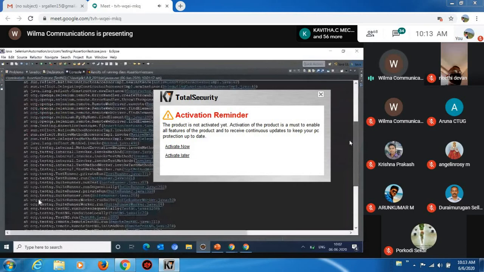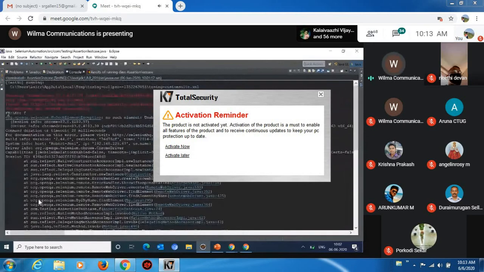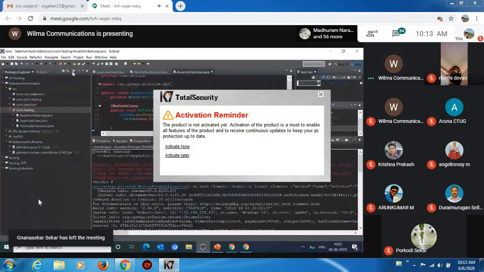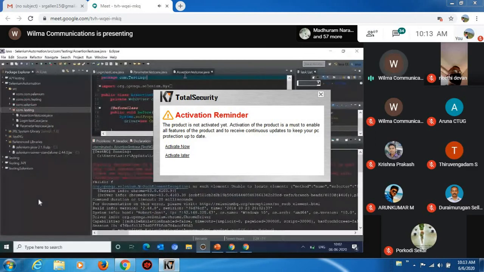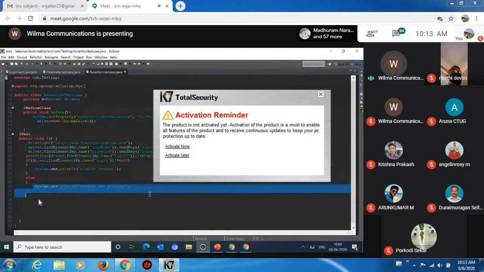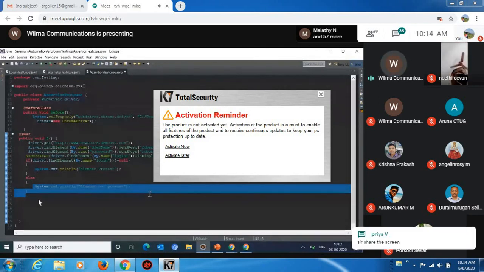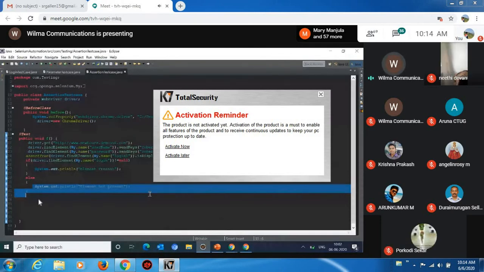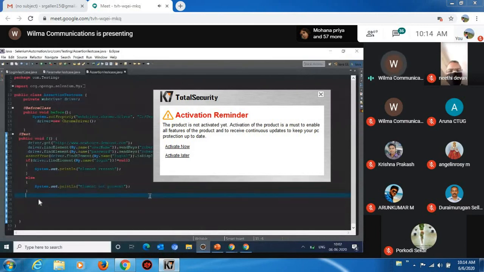Here we are getting the element failure, but the message which we are trying to print in the console window, we have an if else statement, so this particular statement is not printed. Why? Because as I said, in Selenium, if an assertion fails, the rest of the code won't get executed. It will abort the execution. That is the reason the failed execution statement is not printed.